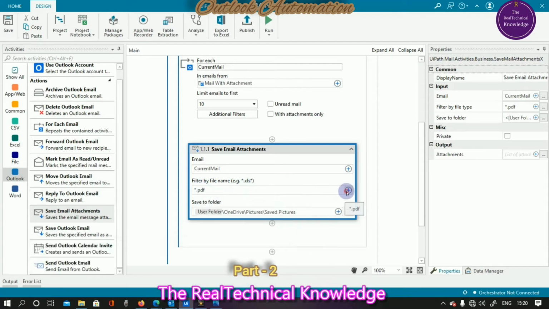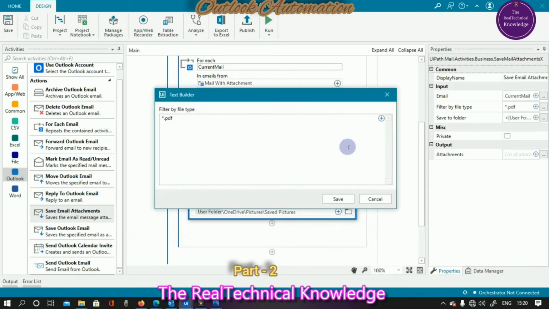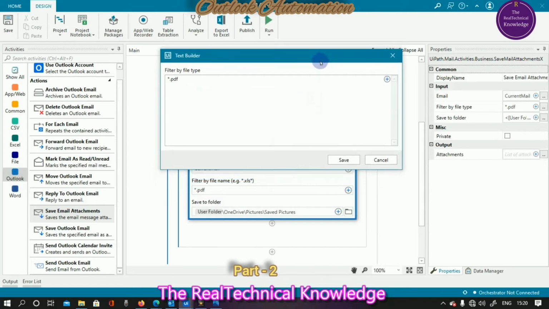So I have put it as *.pdf by clicking on plus and going to the text option, *.pdf. The asterisk is a wildcard character which replaces the dedicated file name. That means whatever the file name of that attachment, UiPath will recognize it, and .pdf will only save the PDF file from that attachment.